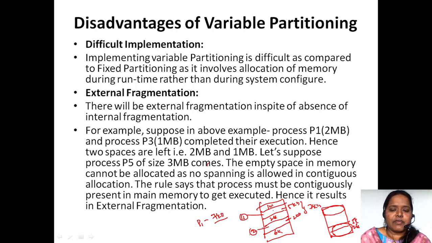So if P1 came with 7 KB, now this 7 KB is totally free, 5 plus 2, 7 KB is free. Now I can allocate to this P1 process. But previously, here 5 KB is left over, here 2 KB is left over, which is not contiguous, so I can't allocate the process P1 over here. But when I do compaction, which is nothing but bringing all the spaces together either at the top or at the bottom, 5 plus 2 becomes 7 KB of space, so now I can give this process P1 this 7 KB of space. So that is the compaction. Fine.